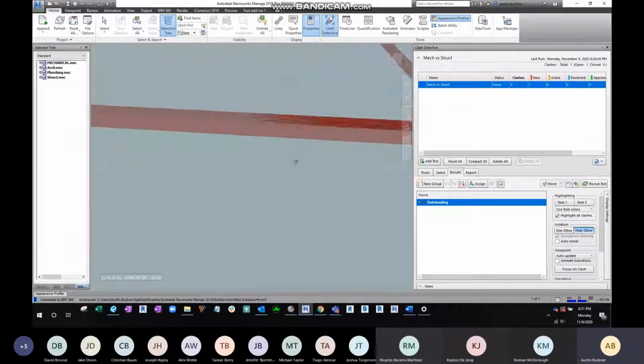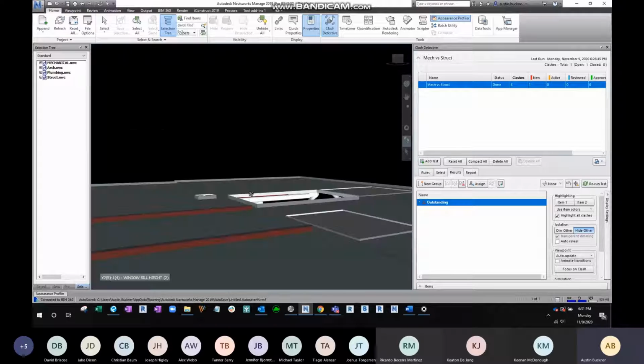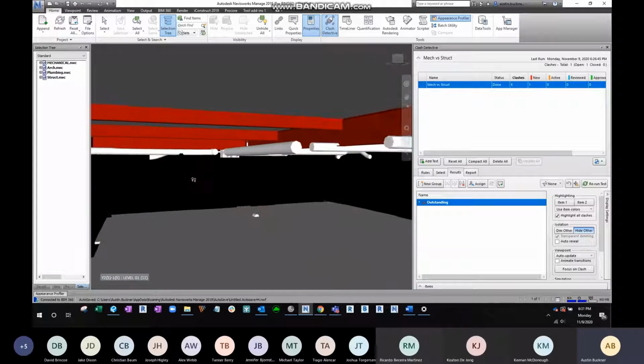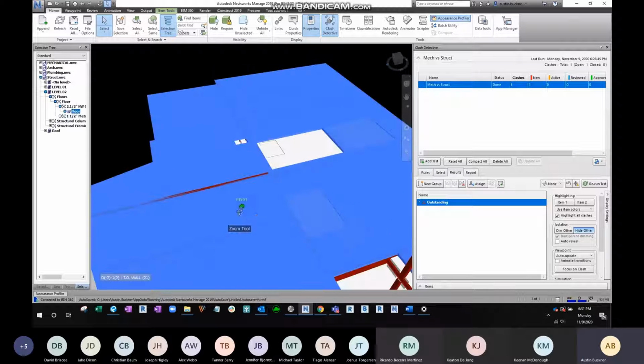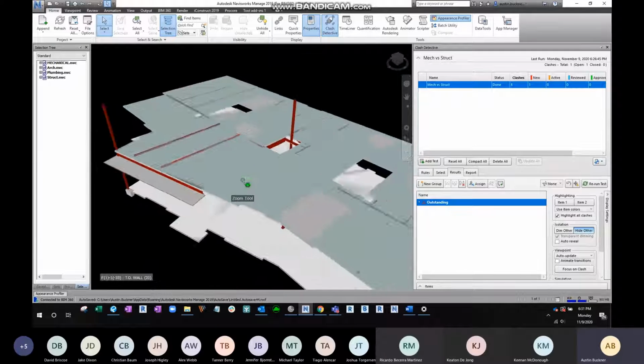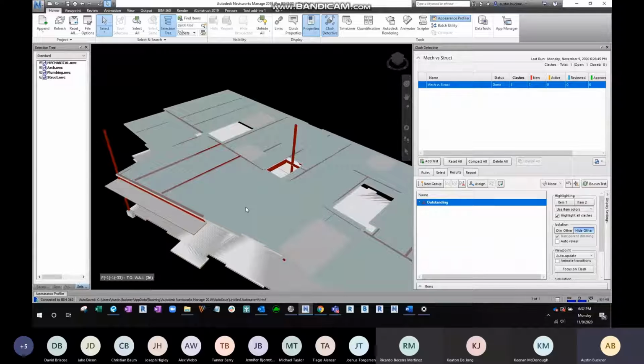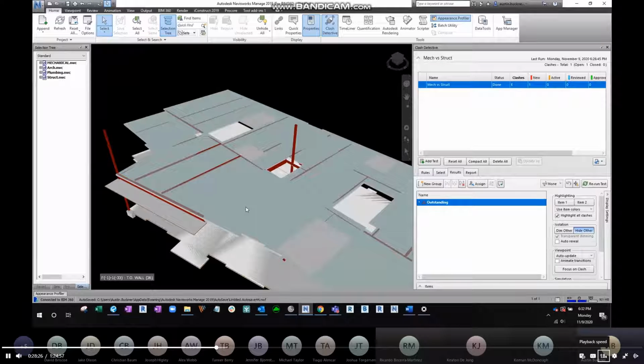But now we want to go through and do any sort of what we determine to be non-issue clashes. So clashes that don't really affect coordination. For example, on this one specifically, it would be our slabs. So what I like to do is go through and do a visual check first. I run through each clash and pick at them and say, okay, is this one actually an issue? Do I need to take this to the design team, the engineers, the architect, and say, hey, we need to make some adjustments here, or is it going to be something that they can fix in the